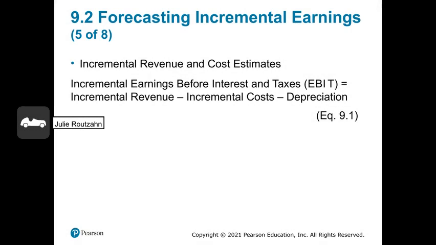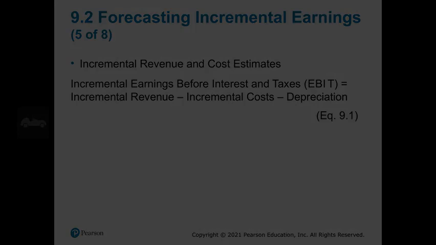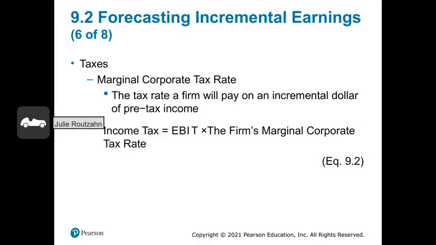So equation 9.1 here will allow us to calculate the incremental earnings before interest and taxes, EBIT. We take the incremental revenue, subtract the incremental cost, minus the depreciation. Then from that, we can use that to calculate our tax liability. Using the corporate marginal tax rate, we can calculate the income tax that's associated with this incremental